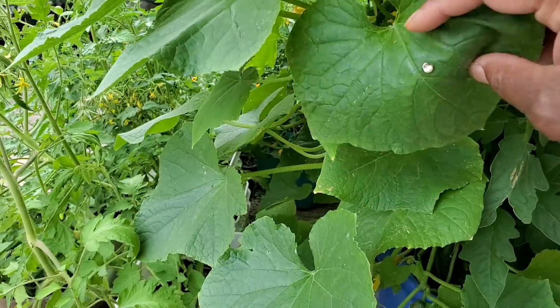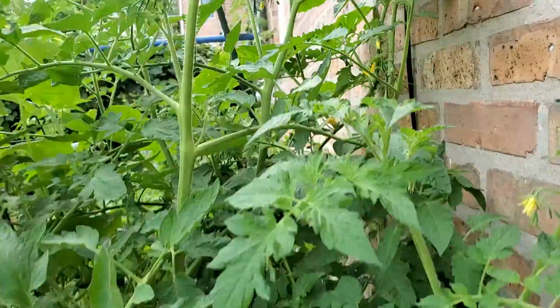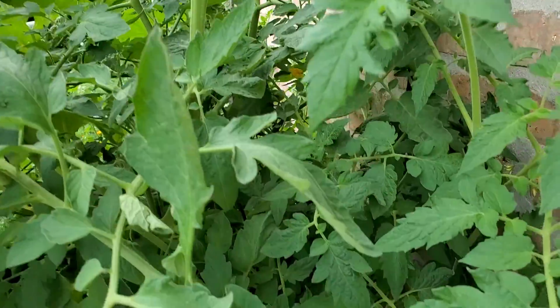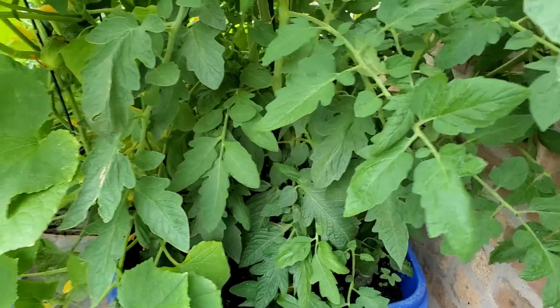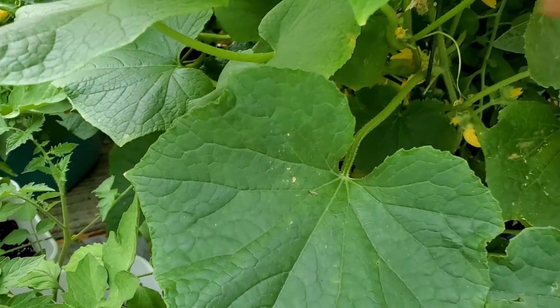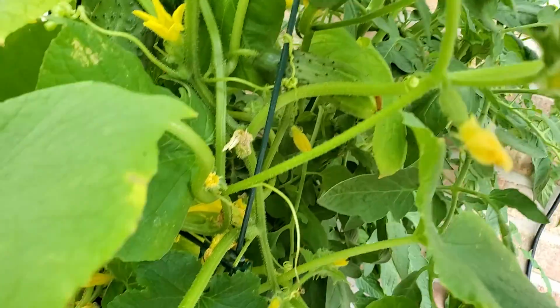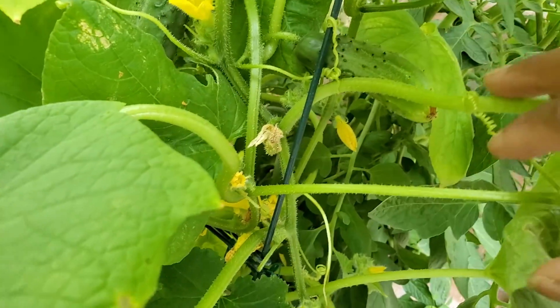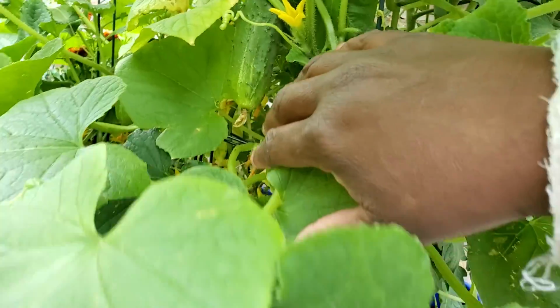Ugh. But yeah, and in here, my Paul Robeson is in here, and Paul Robeson purple, as well as an Umberto yellow pear is inside of here. But there's lots of tomatoes on here. Excuse me, cucumbers on here. So many cucumbers, and I gotta do something. Although this is staked, thank God. Oh, okay, yeah. Looks like it's okay. And then there's another cucumber. There are lots of cucumbers down in there, small and